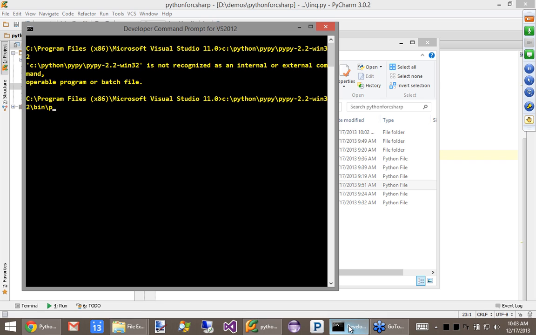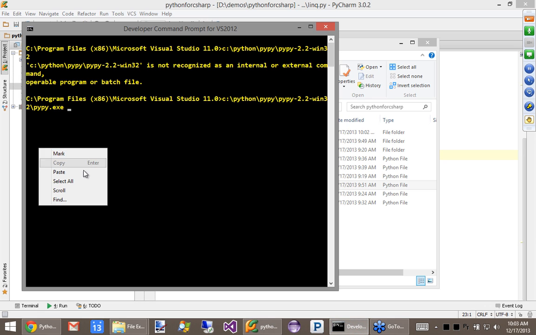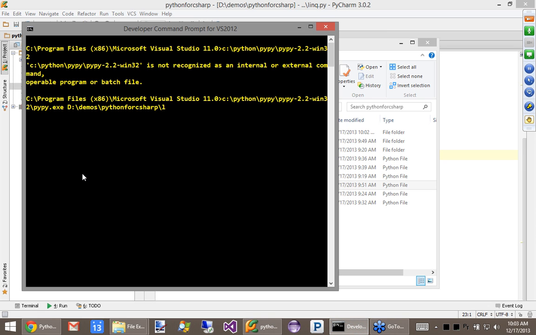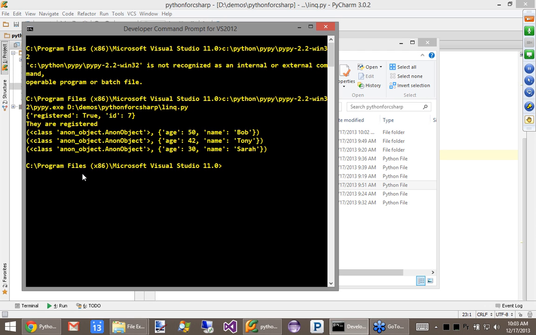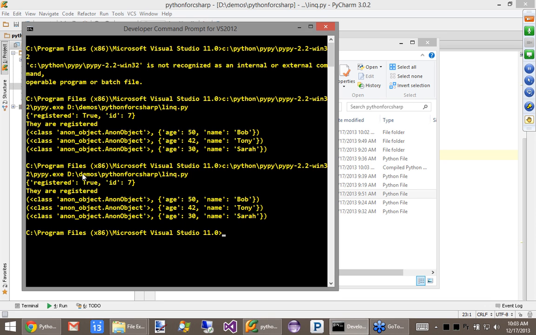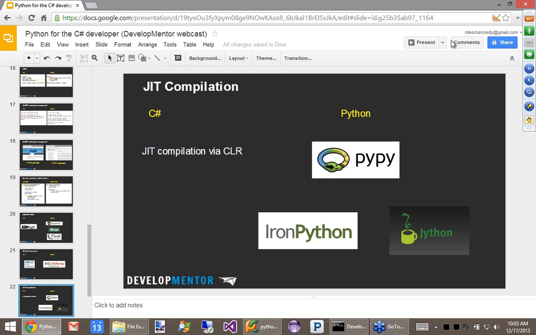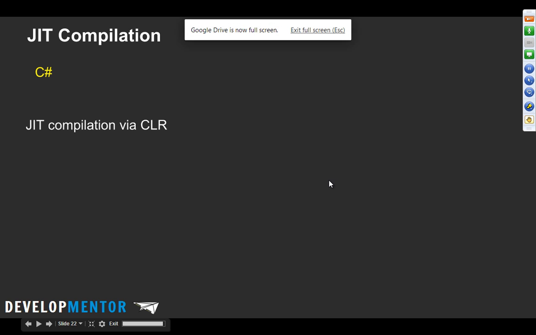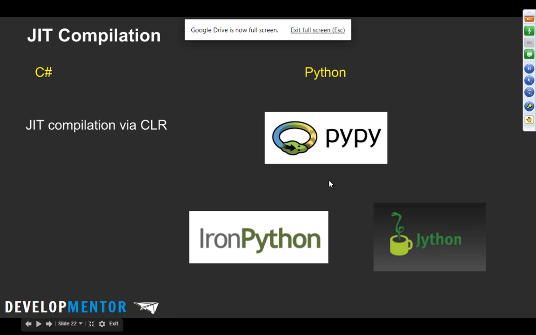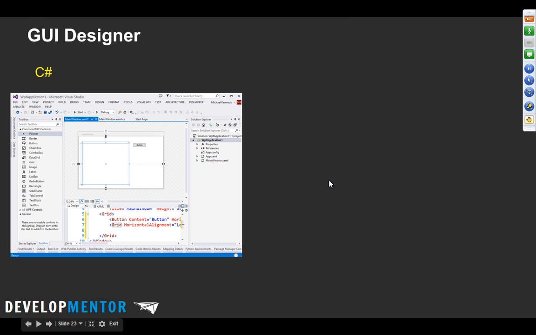Sorry about that. PyPy. There we go. And if I want to run this, let's run our LINQ one. There you go. So there we just ran a JIT compiled version of that code, right? And the second time it should be much faster. So the question about performance gets pretty interesting. That said, for the most part, I believe people are using CPython for what they're doing. Okay.